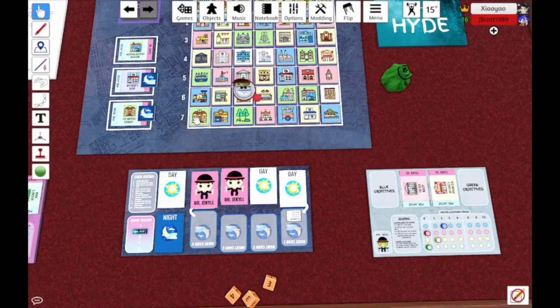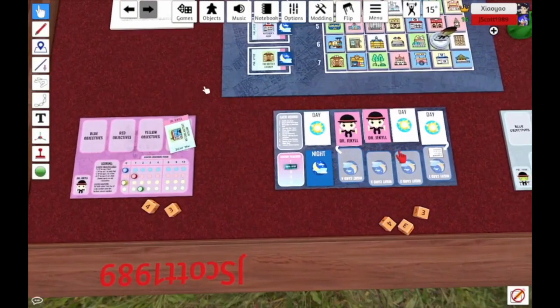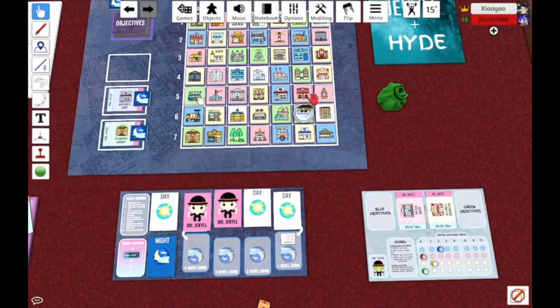And take the Natural History Museum. Okay. Which is a green objective, I think. Yep. Then I've still got 4 and 3, and I'm here, and